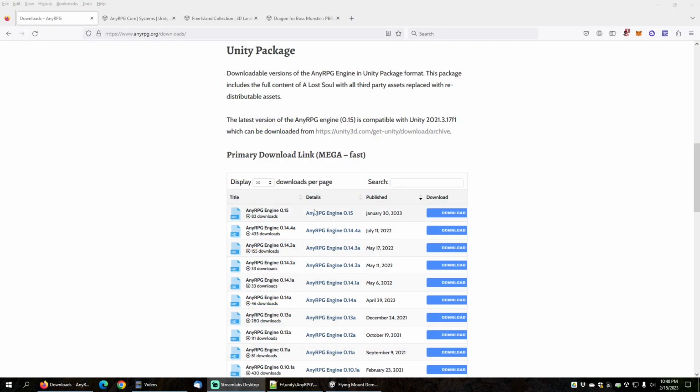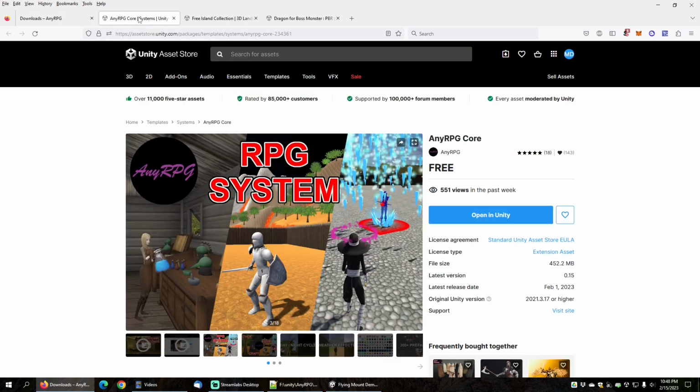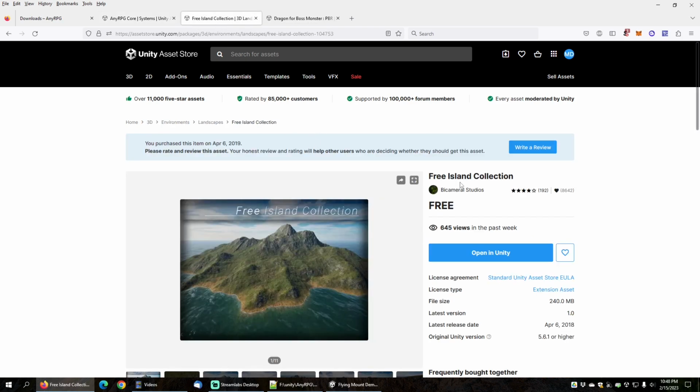For this tutorial, I will be using AnyRPG Engine 0.15, which is available as a free download from anyrpg.org/downloads in Unity package format. You can also follow along if you want using the free AnyRPG core, which is available on the Unity Asset Store. I will also be using the following third-party assets: the free Island Collection by Bicameral Studios, which includes some